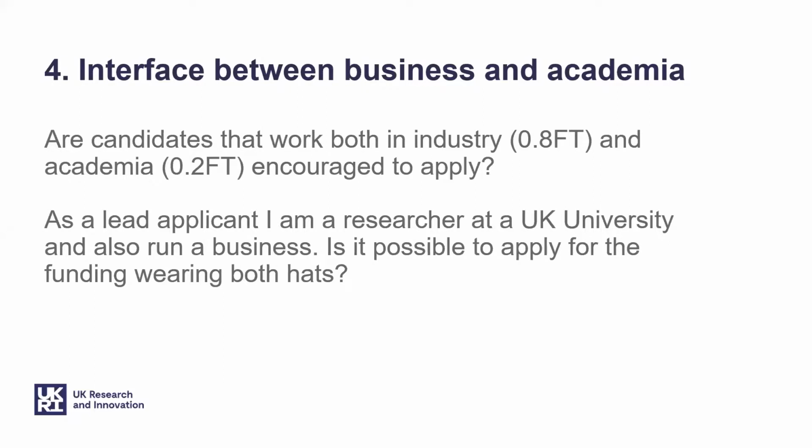In this scenario, there's two options, I suppose. The applicant could spend 100% of their time on the fellowship, be based in industry, but spend some time working in academia, or the applicant could do a reduced hours fellowship, so they could work on the fellowship for 80% of their time. All of that time could be spent in industry, and that other 20% of time could be spent in academia outside of the fellowship. Again, there are no preferences from our point of view. It's whatever works best for you as an applicant and business,